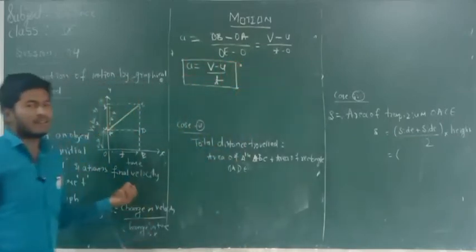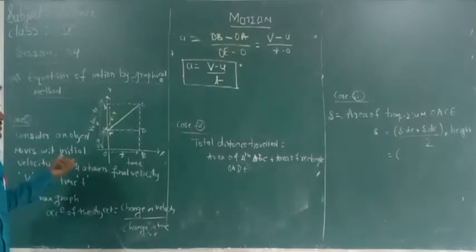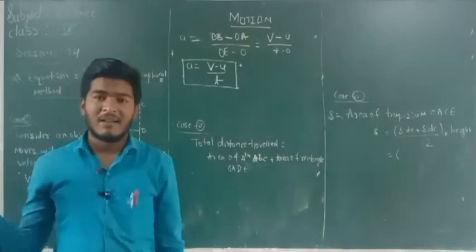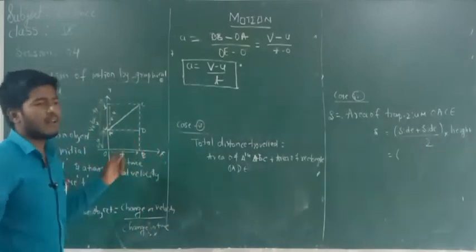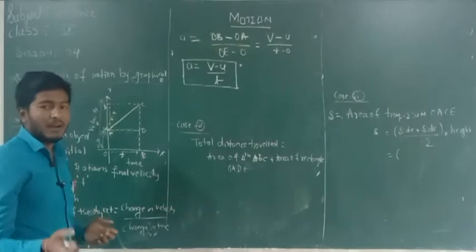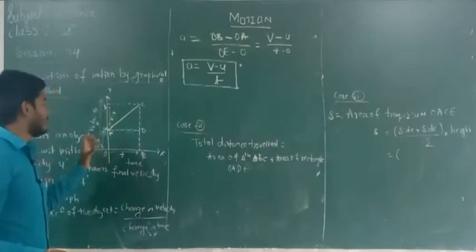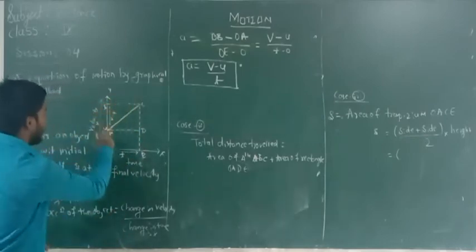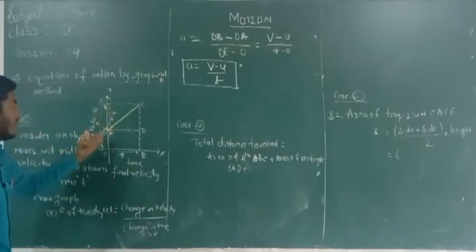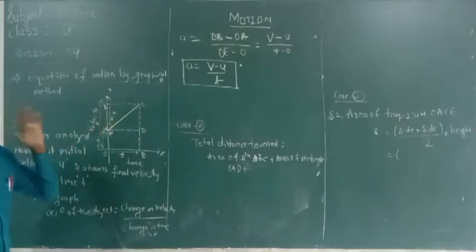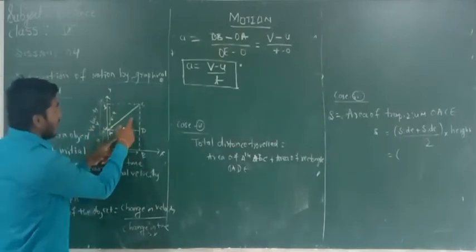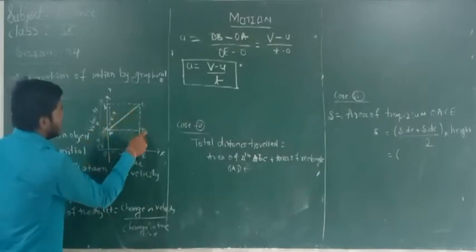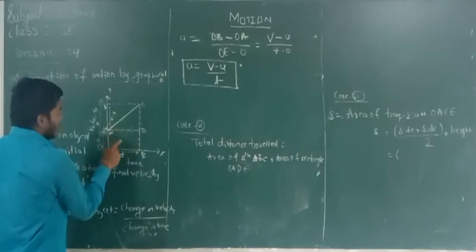Now consider case 2. In case 2, as I discussed before, the total distance covered by an object is calculated from the velocity-time graph by calculating the total area below the graph. This is the graph of the motion of the object in a velocity-time graph. So we get the total distance by calculating the total area below the graph, that is the area of triangle ABC plus the area of rectangle